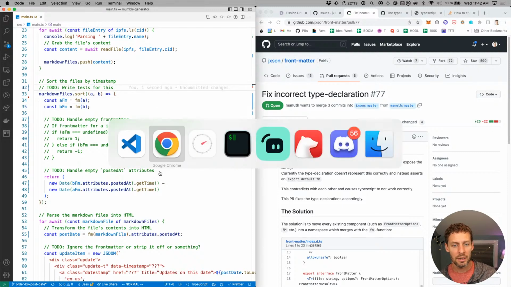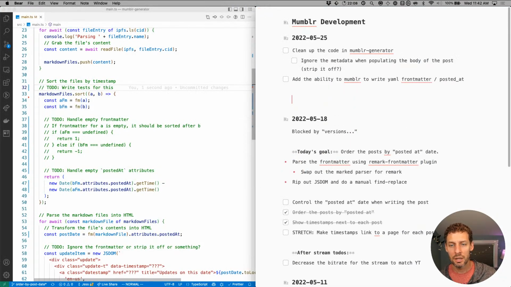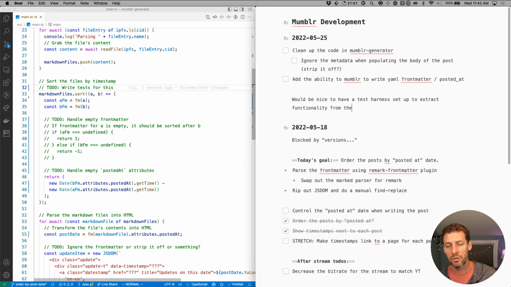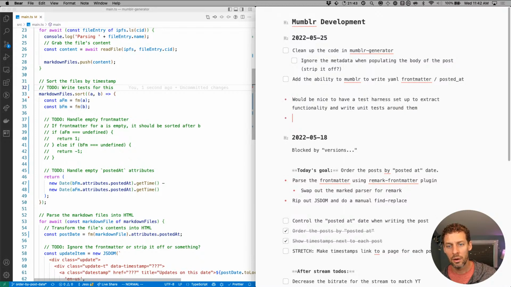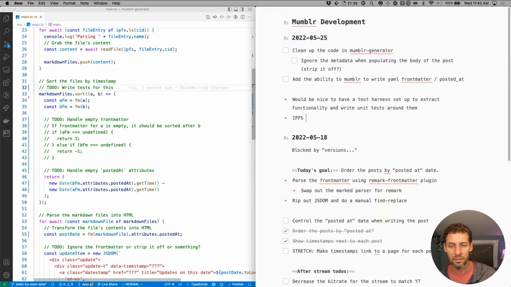Alrighty, actually, let's make a couple of notes while we're thinking about it. Let's go over to Mumbler development and make a few notes from today. So one is, it would be nice to have a test harness set up to extract functionality and write unit tests around them. Other thing that we've been noticing was IPFS startup time